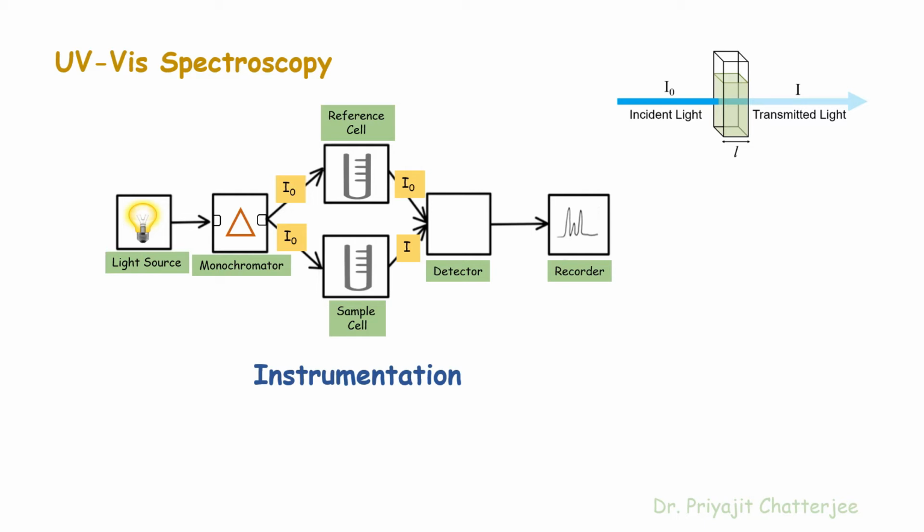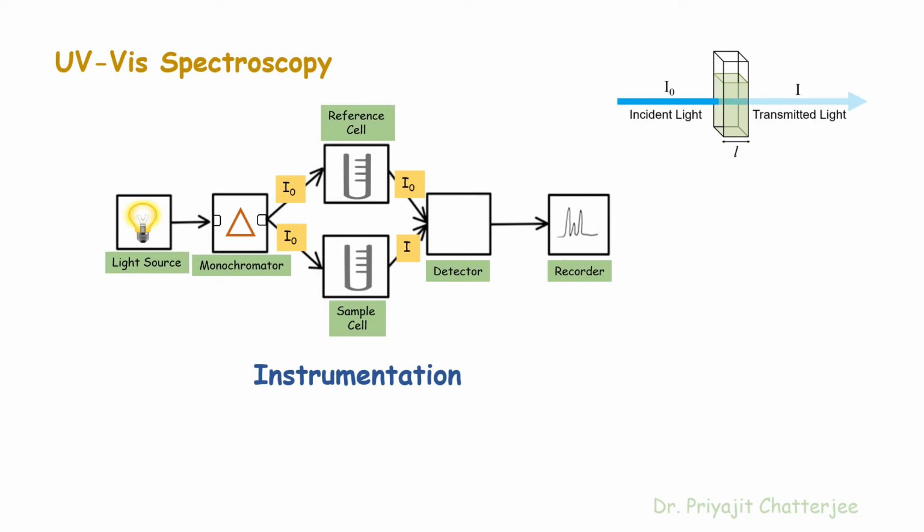Now the light emerging from the second slit is divided into two rays of equal wavelength. The first ray enters into the reference cell. A reference cell is a cuvette made of glass or quartz, and blank sample or buffer solution is kept in it. As there is buffer solution, no light will be absorbed, and the same intensity of light, that is I0, will be transmitted from the reference cell. The second ray, that is also I0, will fall on the cuvette which has the sample solution.